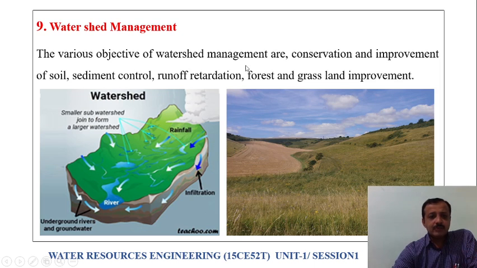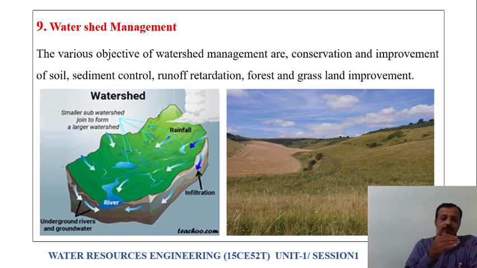And the various objectives of watershed management. This entire watershed management has to be taken up in an integrated way, integrated management of the watershed, where the soil will be managed. The runoff retardation we are going to do. Whenever we do this runoff retardation by constructing percolation ponds, the water is infiltrated inside and it improves